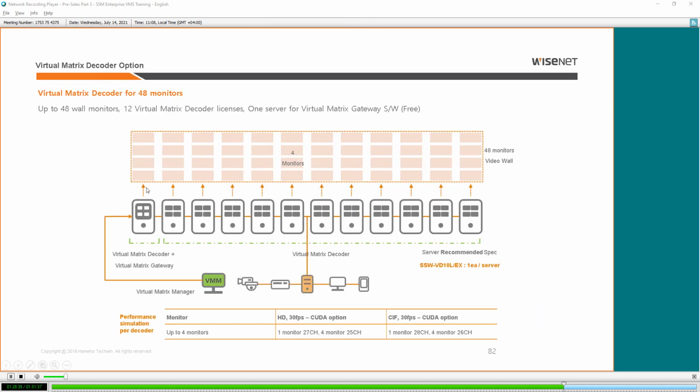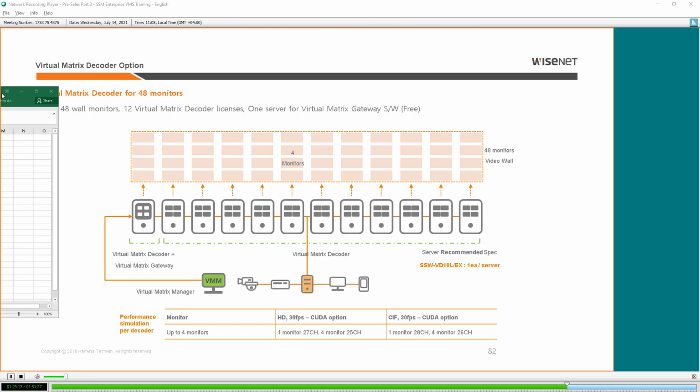Okay, here I have 48 monitors. I want to control all of them from one PC. 1, 2, 3, 4, 5... 12 PCs I have, so 12 licenses I need. If you don't want the last one to be remotely controlled, leave it. 11 PCs, you need 11 licenses. Okay, I hope you got that. This is how you estimate the licenses for a project. And now it's time to do some examples and then we can close.